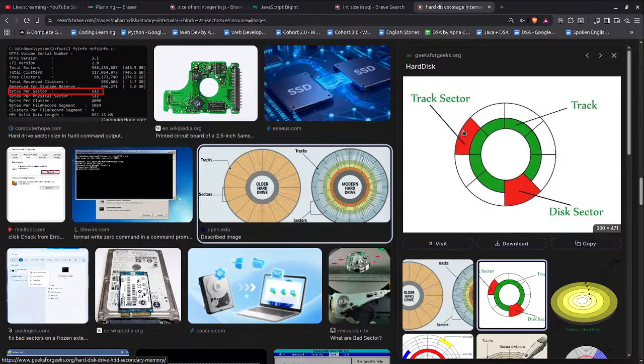The disk sector is sort of a block ultimately. So a track sector is nothing but a block. This whole circular thing is a track, and this disk sector is a perpendicular section that just simply goes from top to bottom. And if the data is actually stored in a block or the track sector,